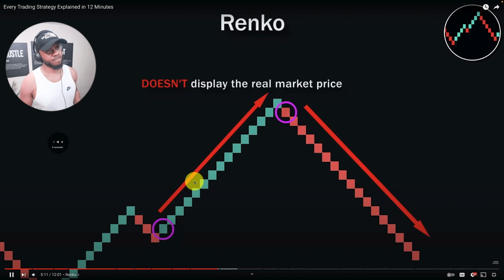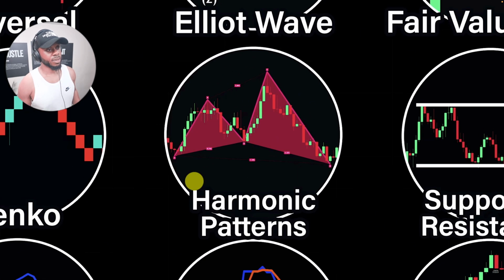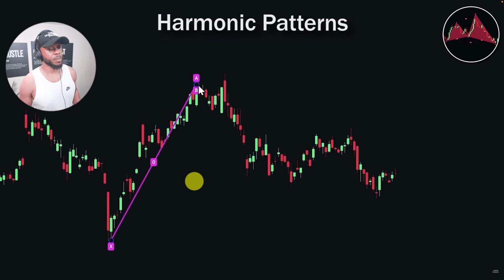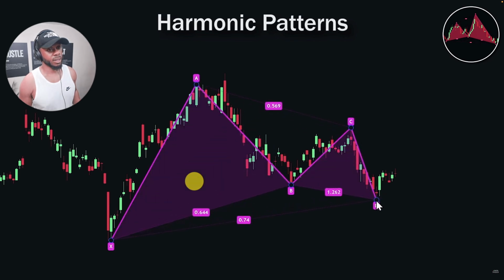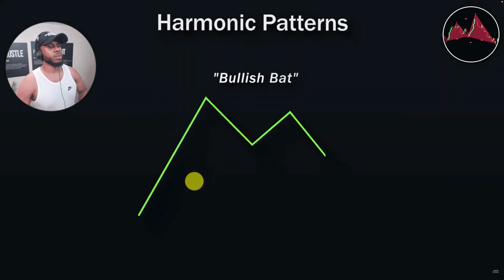Patterns. Indicator. It does not display the real market price. Harmonic patterns. These are advanced price patterns that follow a specific shape based on Fibonacci numbers. Traders can then use these specific shapes to predict future price movements. For example, a bullish bat pattern is formed when price makes a series of 4 movements that is shaped like